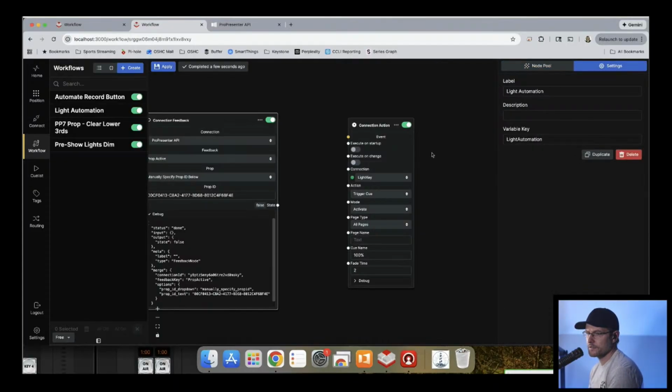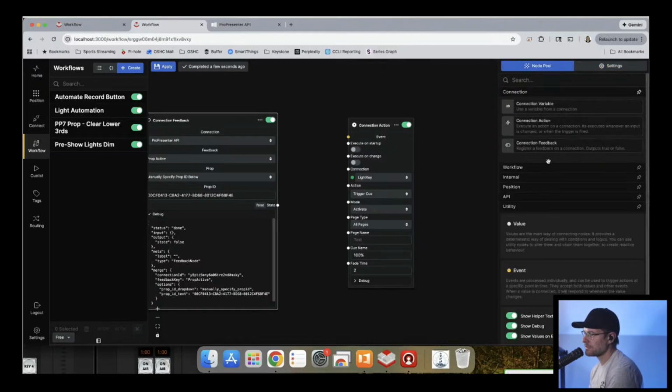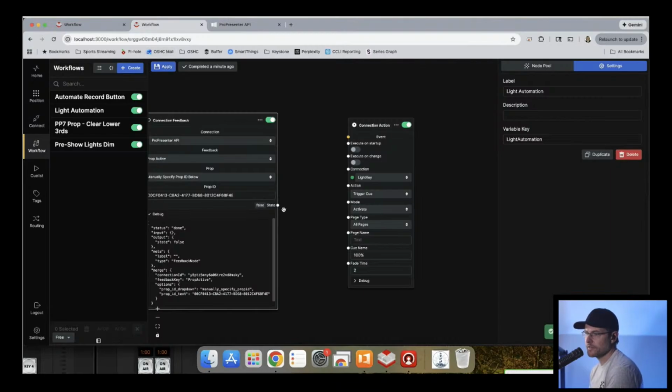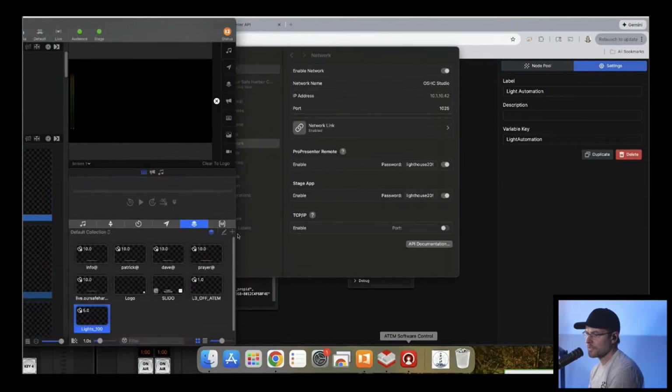Light automation. There's nothing here that's like activate your, certainly not by connecting them, right? Apply. That shouldn't do it.